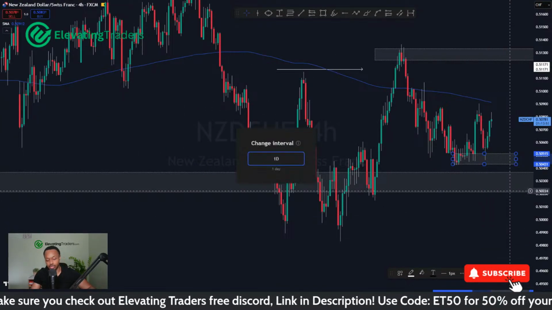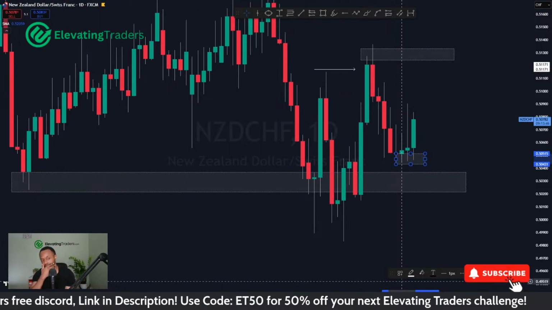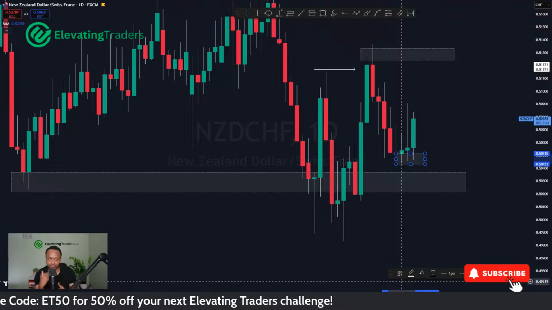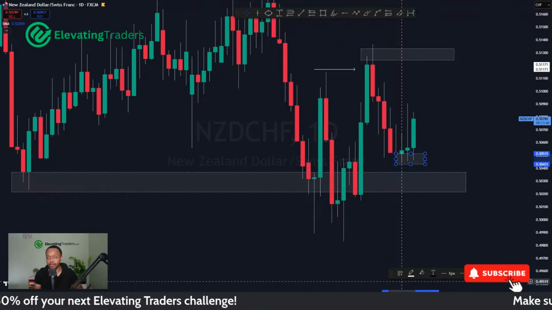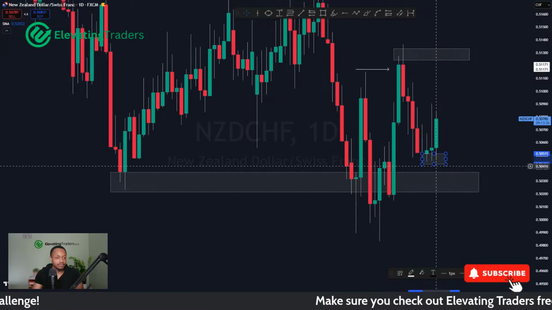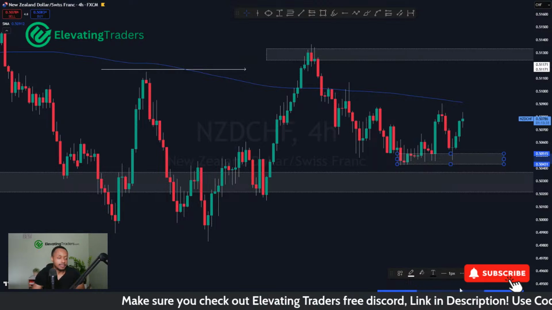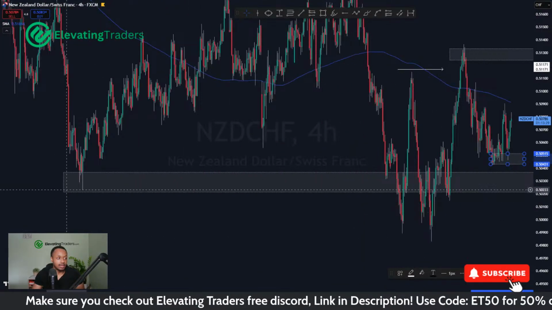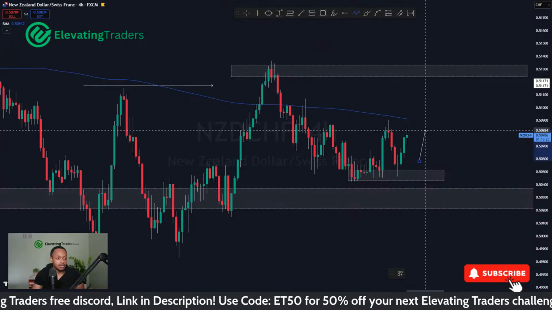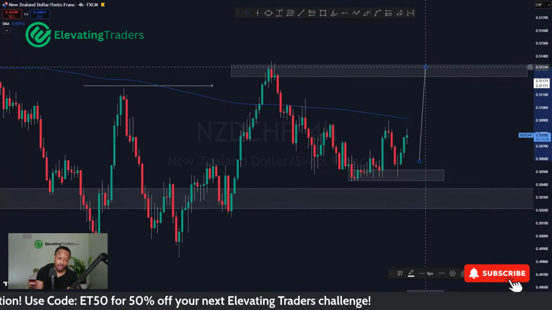Yeah, I mean, there's not much I can do because it's not really testing my level. Again, sometimes I can adapt to different situations if it's testing another level but doing it really well. I can jump into a trade here, but it hasn't really done that at all. I know it's formed support, but that's more lower time frame support rather than something a little bit stronger like this level here. But yeah, it looks like New Zealand CHF is likely to push to the upside. So I do think we can see some strength for the CHF pairs.